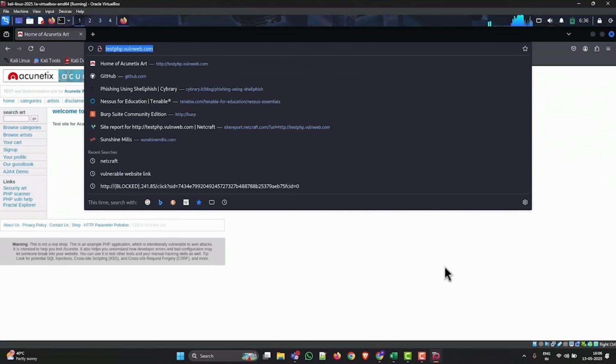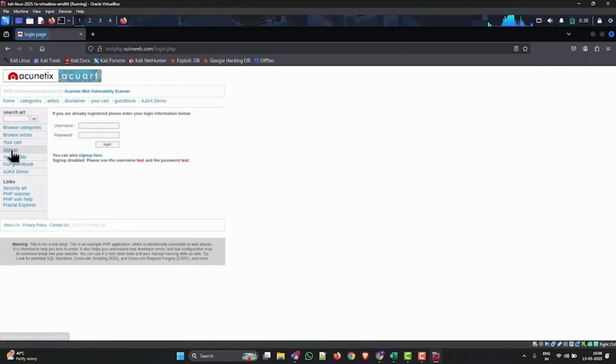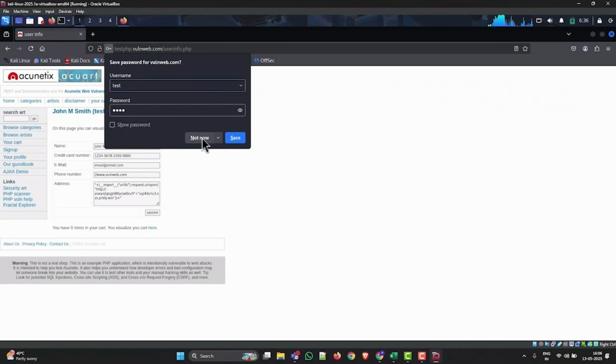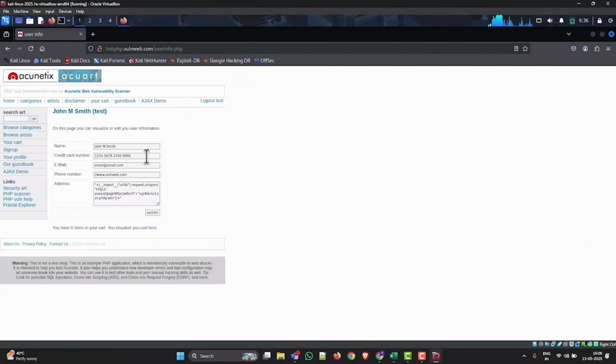Once the site loads, navigate to the Sign Up option on the left. Enter the username and password, then click on Login. When a pop-up appears to save passwords, choose the option Not Now. At this point, you should see details like name, credit card number, email, phone number, and address once you're logged in. In this case, we can see that we have implemented another kind of payload, but we will insert